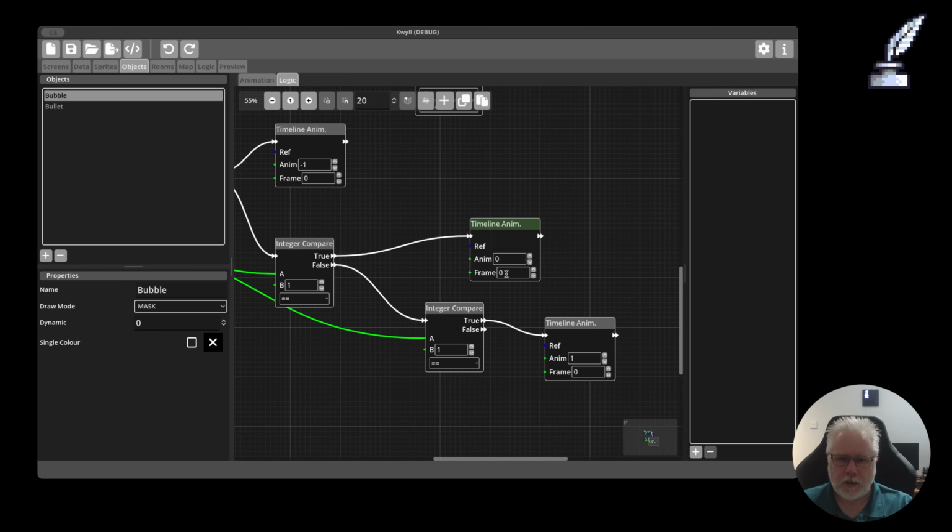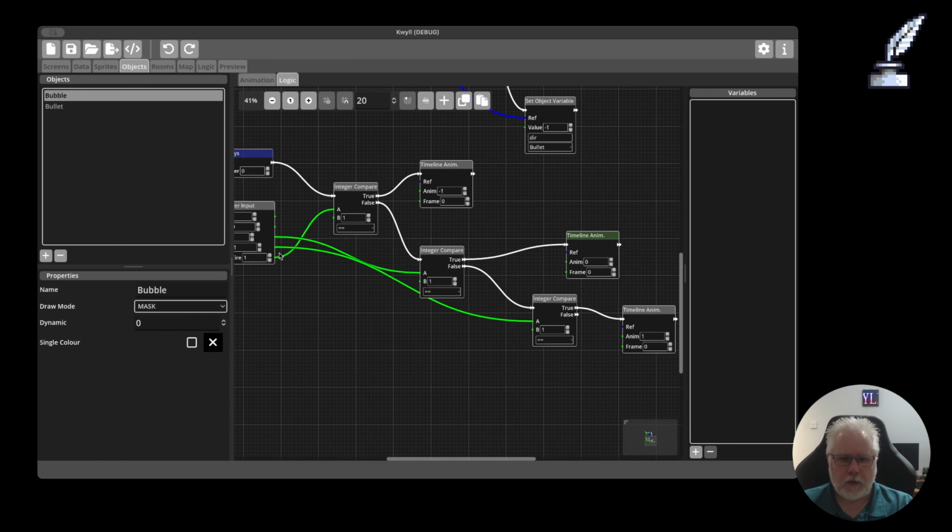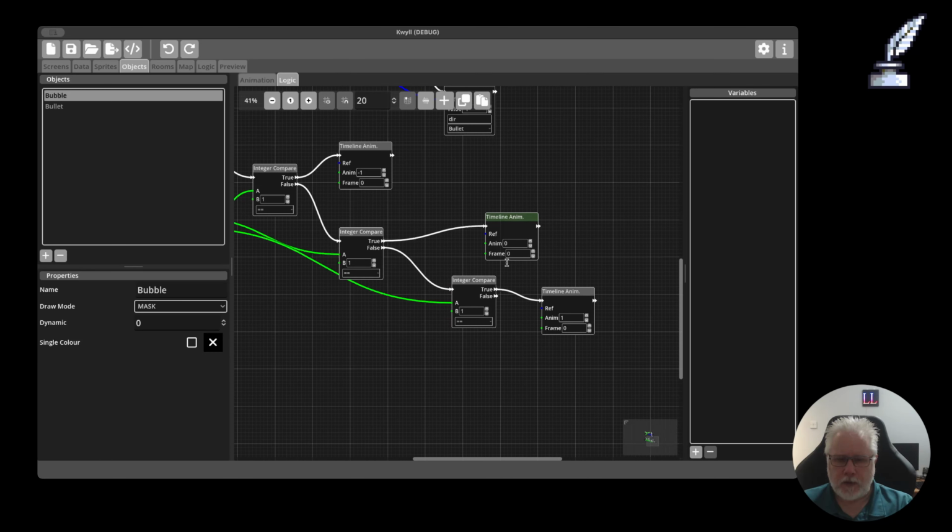So it doesn't change the frame. If you add a non-negative value, then it will use that frame number to start, so you can restart the animation, or you can start halfway through, or whatever. And similarly here, you've got the down button. So this one will start animation 0, which is the V,